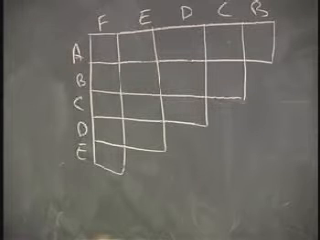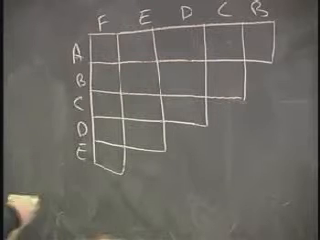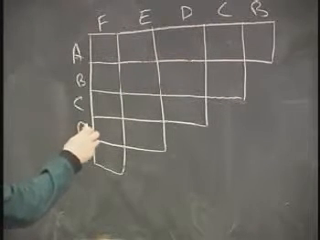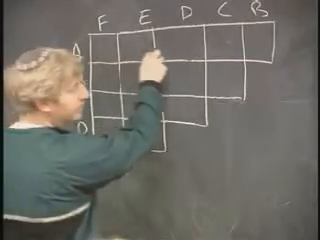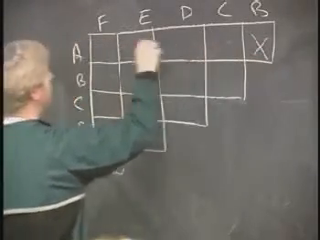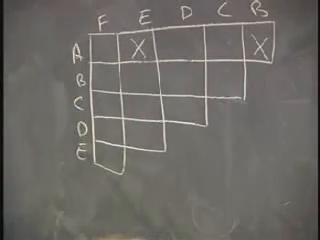All right, so I'm going to make x's in the squares that the states are distinguishable one from another. So where do I make x's? A is distinguishable from what? From B and from E. B is distinguishable from